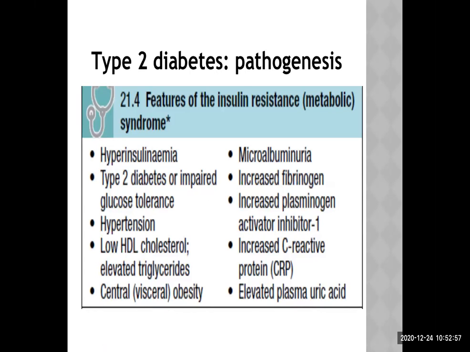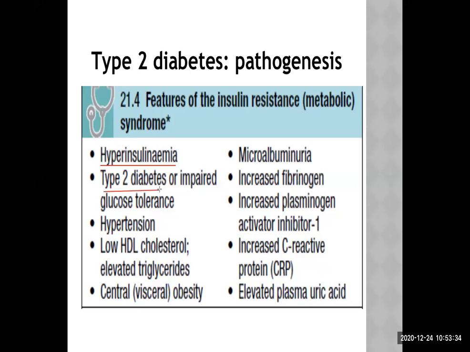Now, let's talk about what we mean by metabolic syndrome. I'm sure some of the students have already heard this term before. These are the different components. Metabolic syndrome is the state of insulin resistance. So this patient is having hyperinsulinemia. See this, the insulin level is increased above normal. So still, why is the person diabetic, even if the insulin level is high? Because of the resistance. The insulin cannot act properly.